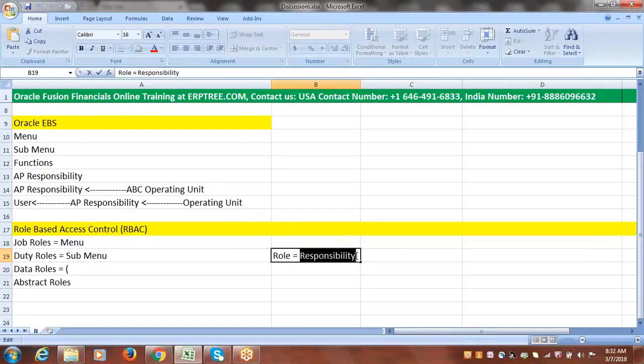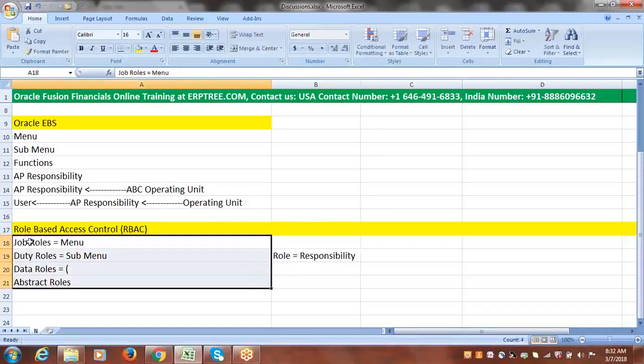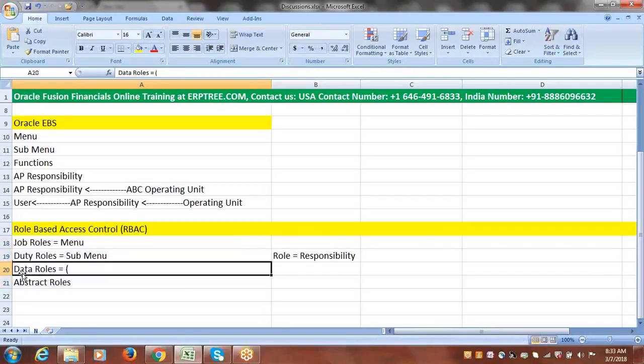In EBS, if you want to have access to anything, we require responsibility. In the same way in Fusion, if you want to have access to any functionality or any application related functions, we require a role. And here we have different types of roles. Based on the role you can compare which menu or submenus it is equal to. So job role is equal to menu, Fusion duty role is equal to submenu, and data role, in Fusion we have a concept called data role. That data role is equal to